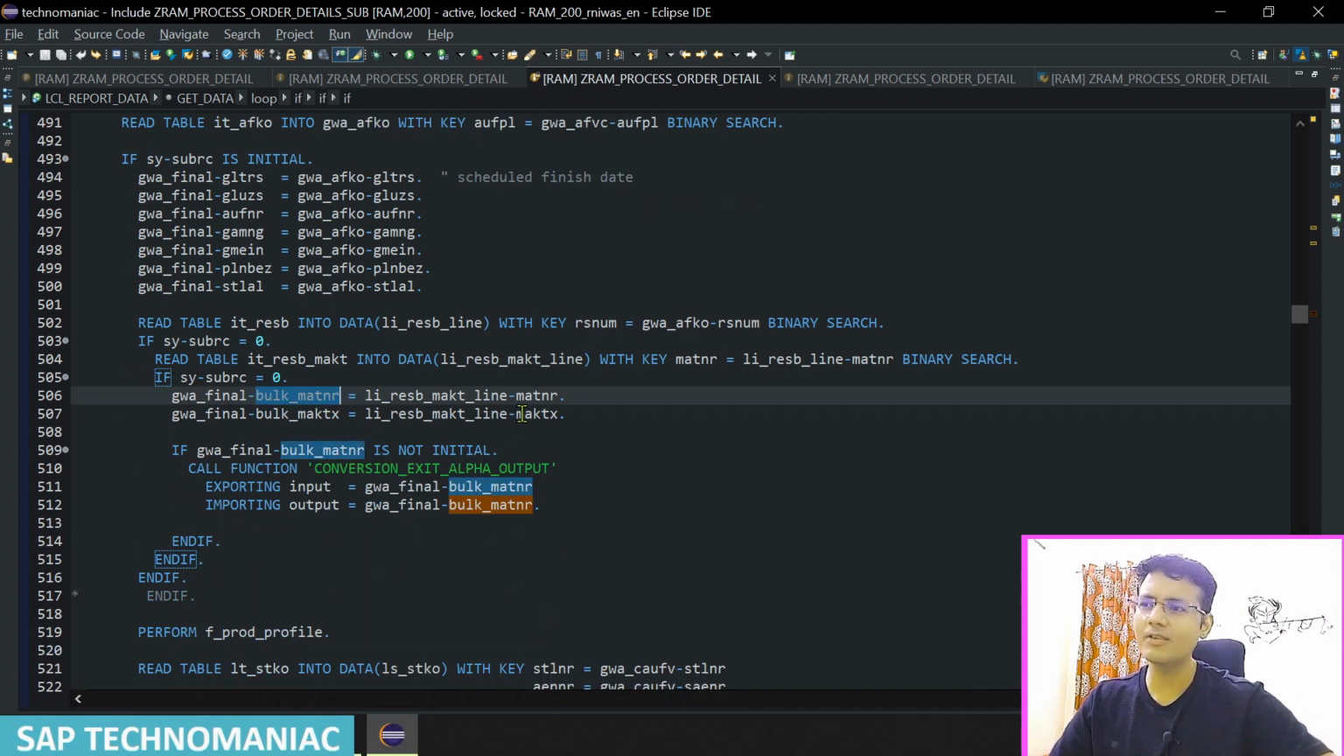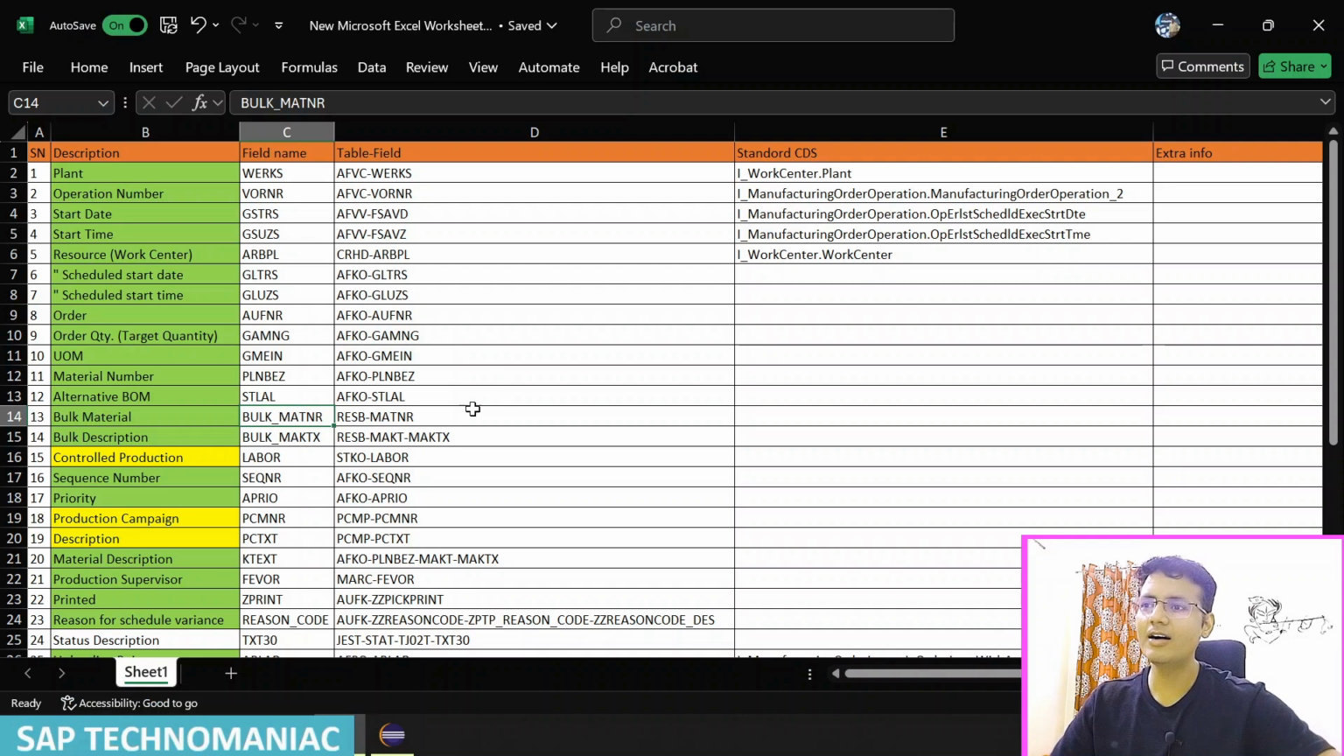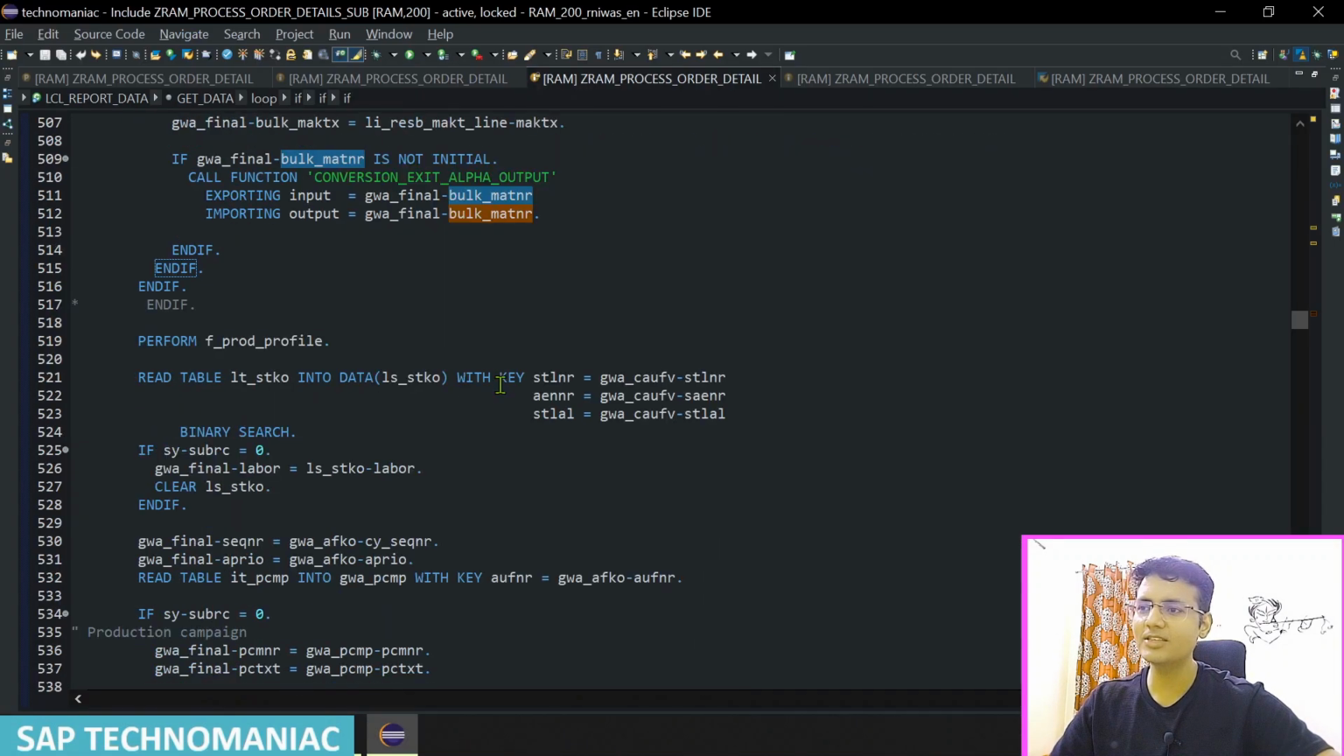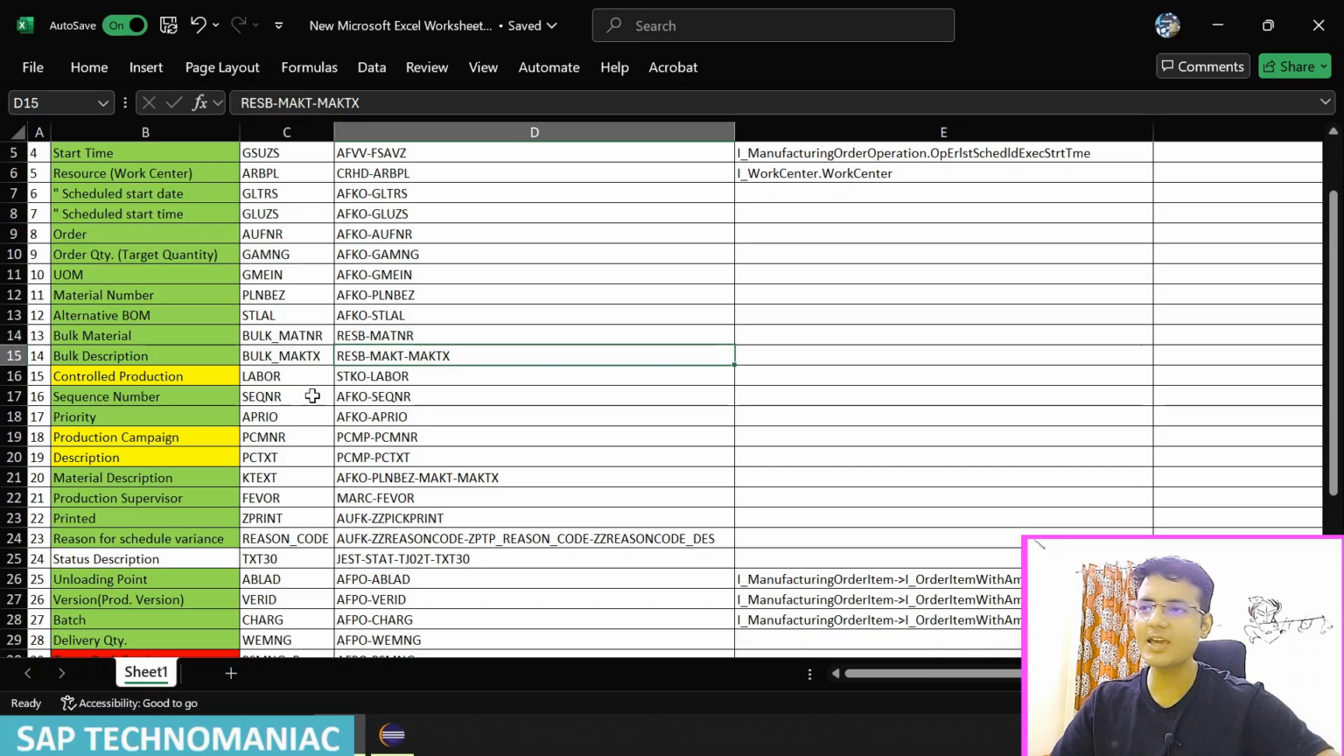There is a little bit of filtering when we are selecting, but it is coming from RESB. And the bulk material text is coming from RESB and MAKT. Of those two tables, first we get RESB, then MAKT, and then MAKTS. So like that you can prepare the file. The next field is the labor field, which you are getting from the STKO. So you can see the labor field we are getting from the STKO. The sequence number we are getting from the